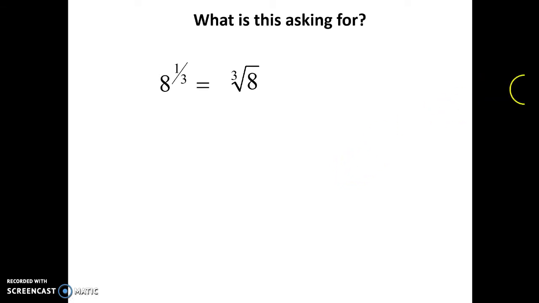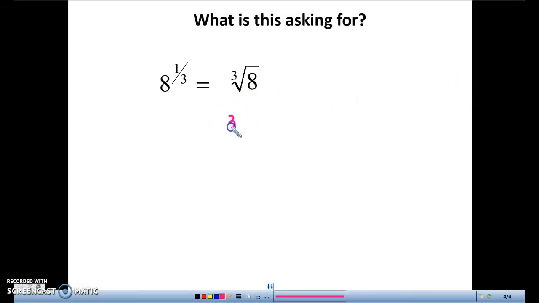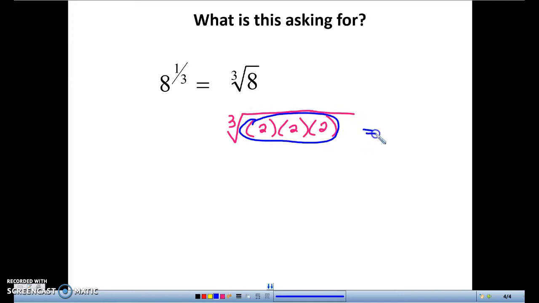And now it's asking me what number multiplied by itself 3 times gives you 8. Well, that's 2 times 2 times 2. 2 times 2 times 2 is 8. So I just wrote my radicand in prime factorization form. And remember from yesterday's lecture, this says if you can put groups of 3 together, 3 identicals, it will come out as a